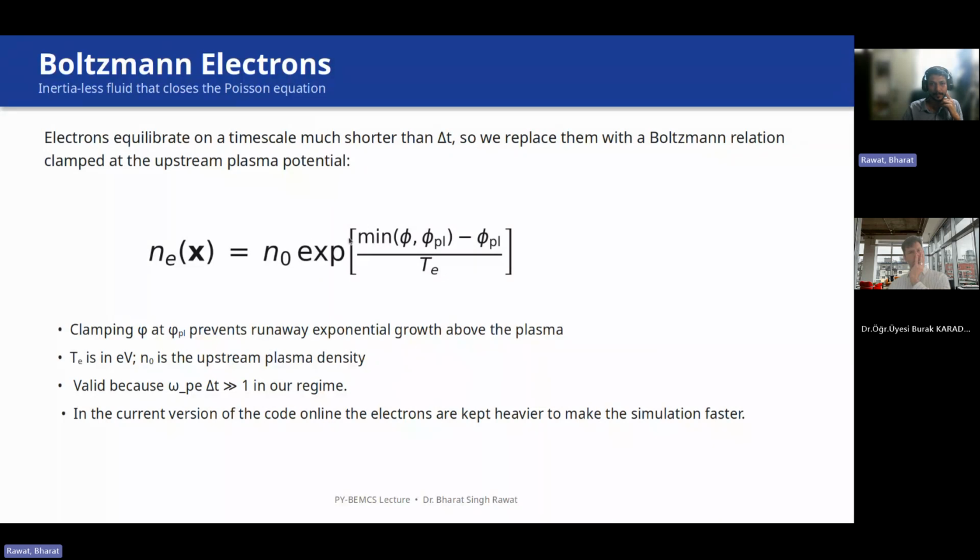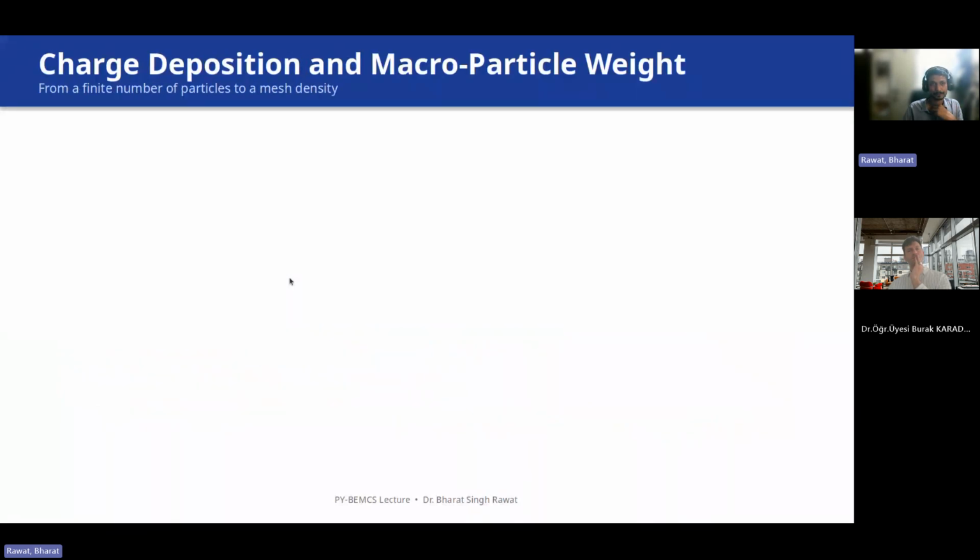And here is the electron density expression, which defines the electron density. And here is the minimum function. I've defined the minimum of phi and phi plasma to restrict the electron density from exploding. Because if this difference is even, let's say 20, this entire N0 term would explode and go out of bounds. Just to limit that expression, I made it so that it keeps it within the bounds.